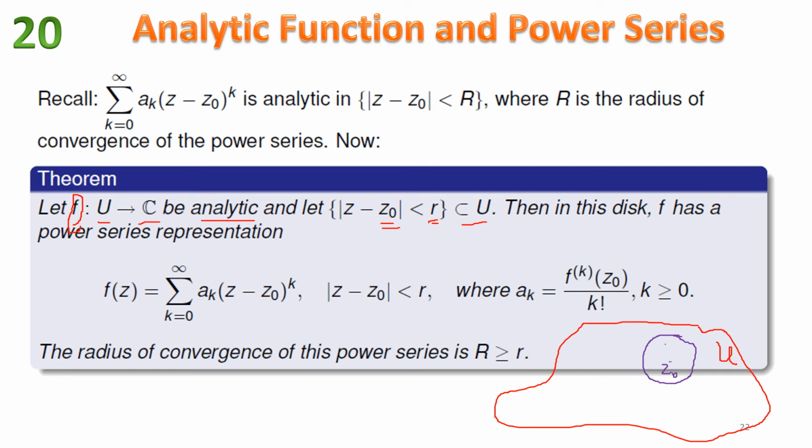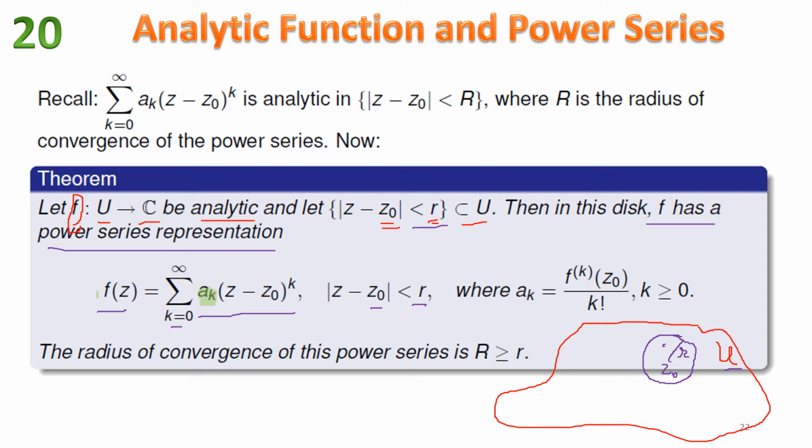and we can consider any point z around this which is within the disk of radius small r. So I want to mention this is a disk of radius small r, and this disk is contained in the set U. That is what is mathematically mentioned here. In this disk we have a function f, and this function f can have a power series representation, that f of z is equal to the sum of a_k times (z minus z0) to the power k, where k runs from 0 to infinity, and here z minus z0 is within a disk of radius small r centered around z0 that we are considering, and here we can find out the coefficients a_k